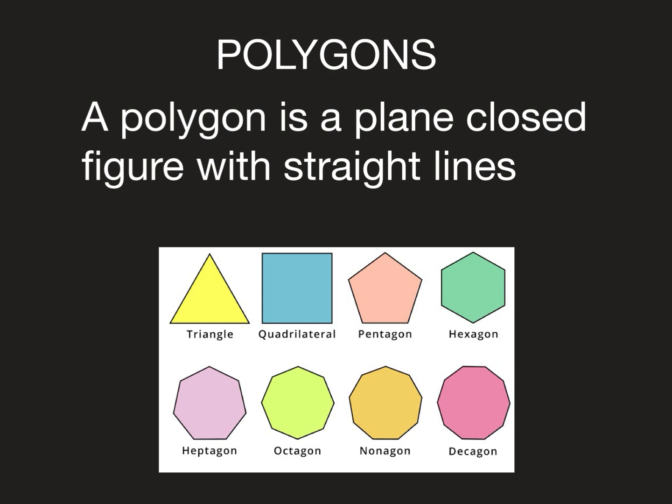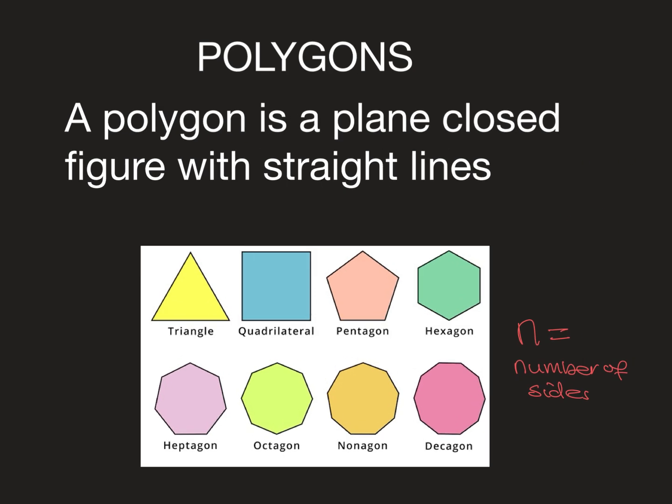So what is important to know when you are dealing with polygons is the number of sides, which we call n. The number of sides. So for a triangle n is 3, quadrilateral is 4, pentagon is 5, hexagon is 6, and so on. Now I want to introduce you to